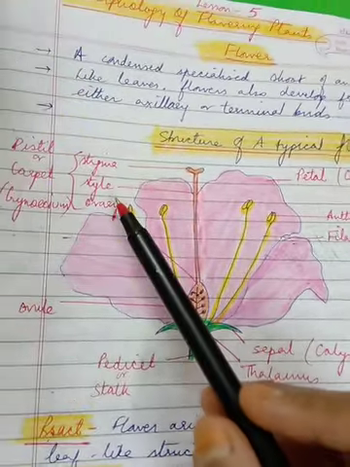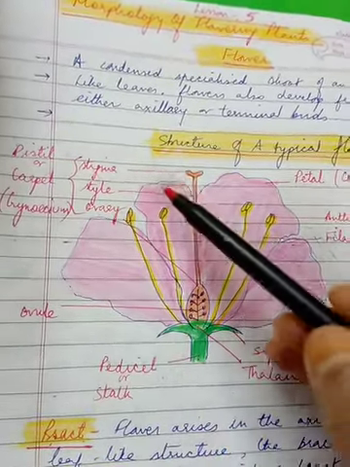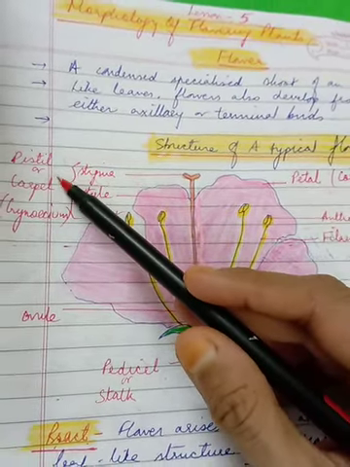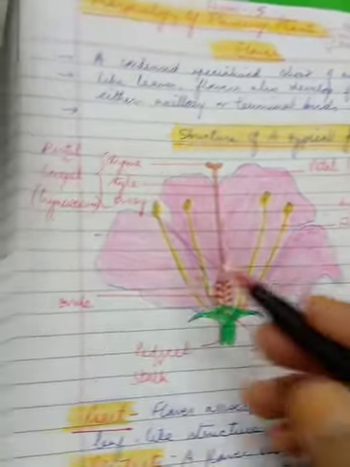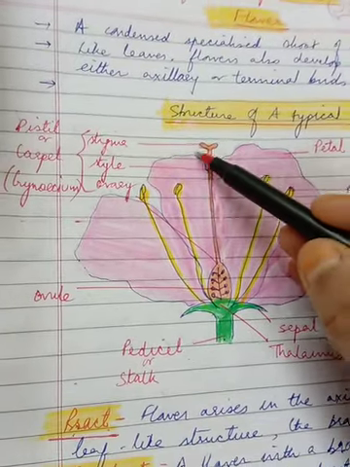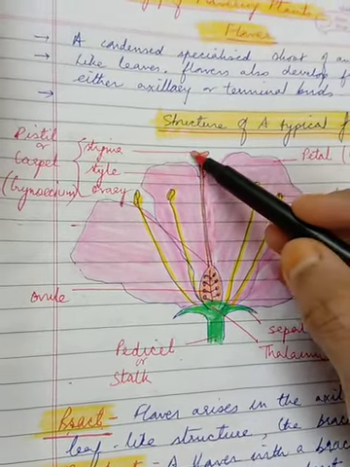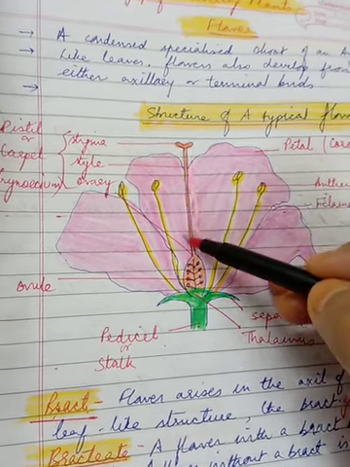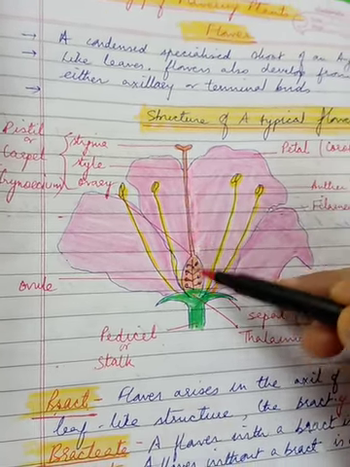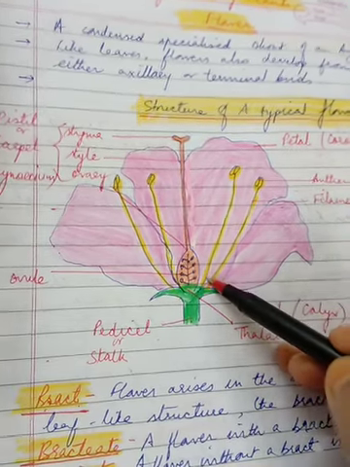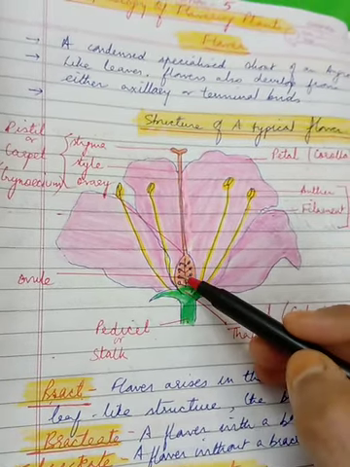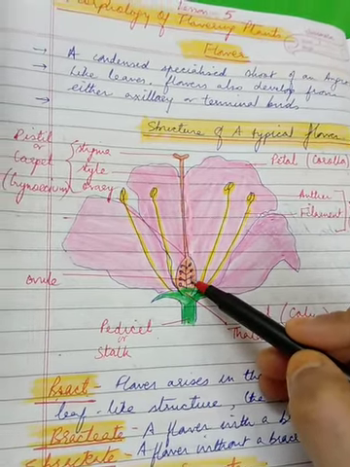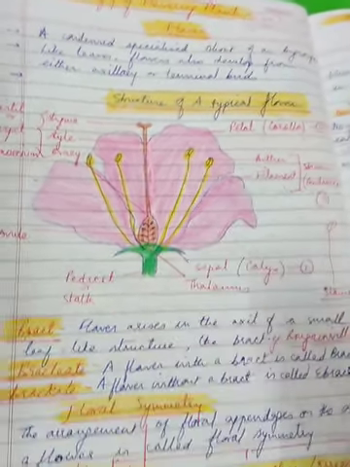Coming to the last whorl of the flower, what we call the gynoecium, and this is made up of pistil or carpel. So what is pistil or carpel? It is made up of 3 parts, a sticky or hairy stigma, right? Then continuing as the long tubular style, which is swollen at the bottom into ovary, and this ovary contains ovules, right, which are the future seeds that will be formed inside the fruit.